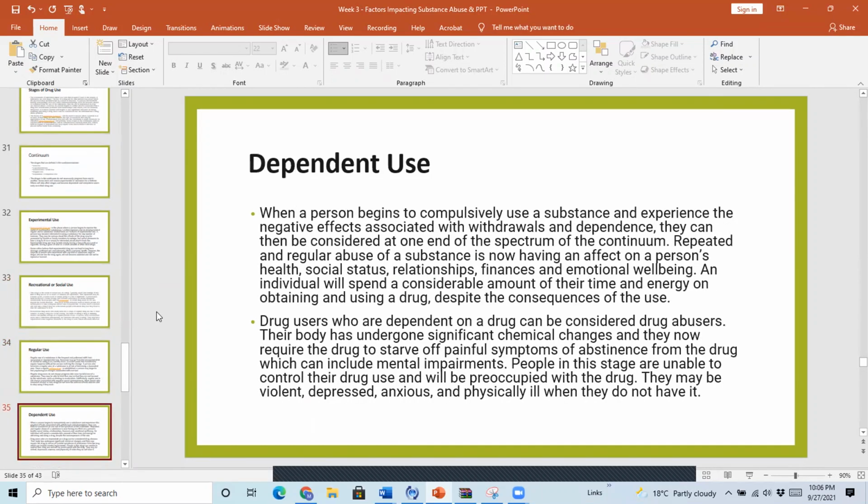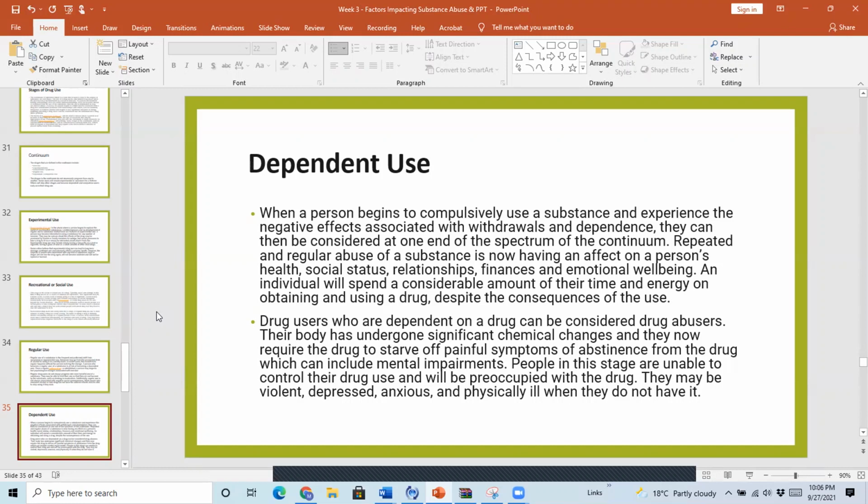When a person becomes compulsive to use a substance, whatever that substance is or whatever that behavior is, and not using it leads to withdrawal and really negative outcomes, like somebody starts experiencing almost those withdrawal symptoms where they start becoming ill or unwell due to now this substance or this behavior being removed, that now is considered to be